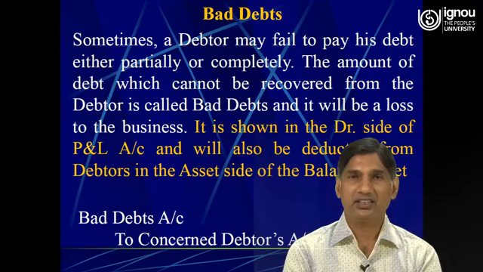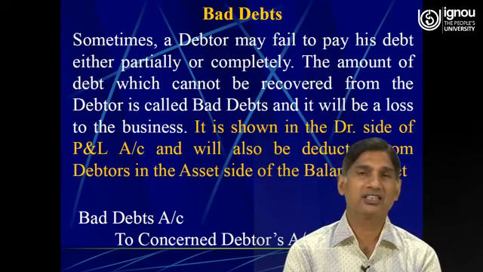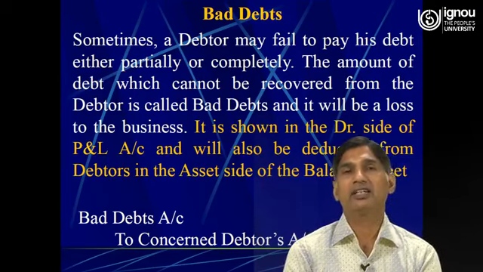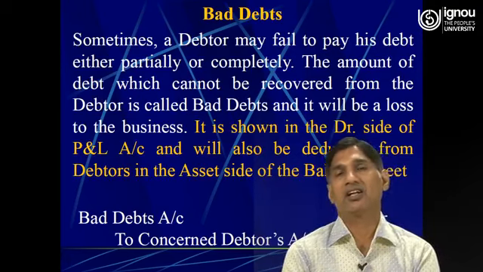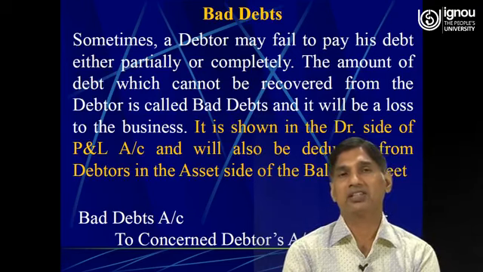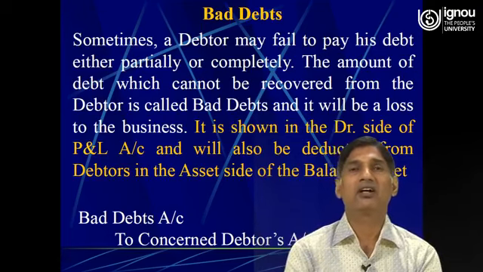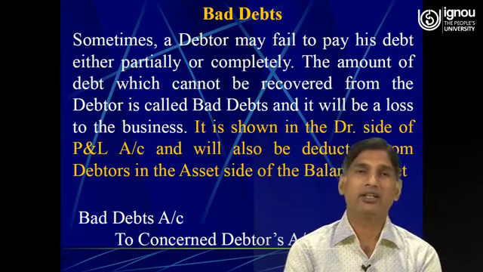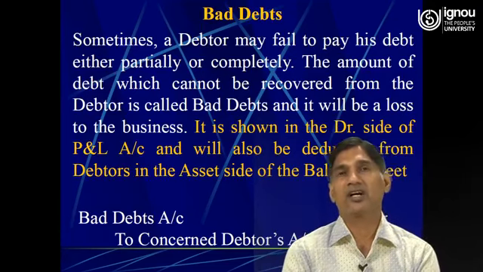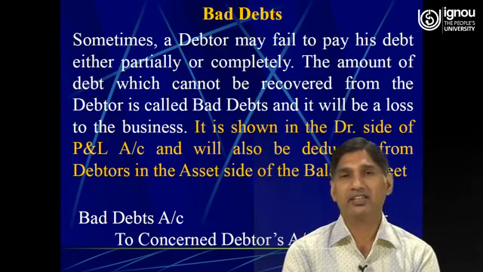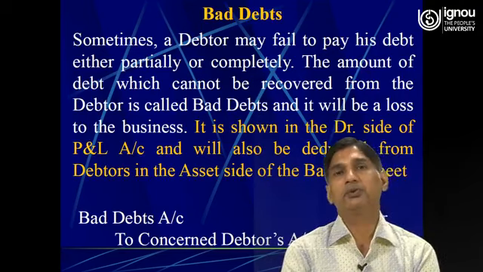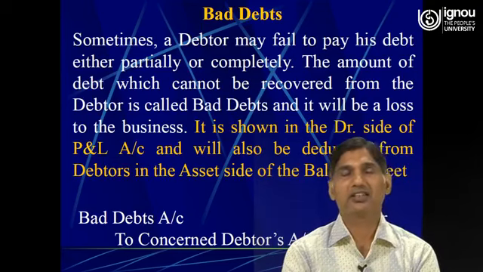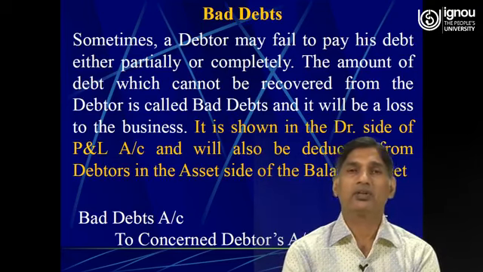As far as the journal entry of this transaction is concerned, it's quite simple, because bad debts is a loss for the business, and being a loss, it is covered under nominal account, and when we apply the rationale of the nominal account, debit all losses and expenses. So being a loss for the business, it must be debited, and the debtor account is a personal account. So as per the rationale of the personal account, the account of the debtor needs to be credited. So the journal transaction would be bad debts account debit to debtor.